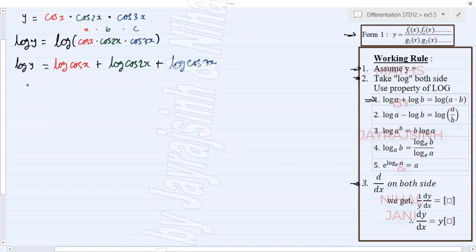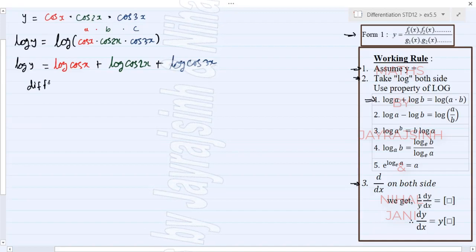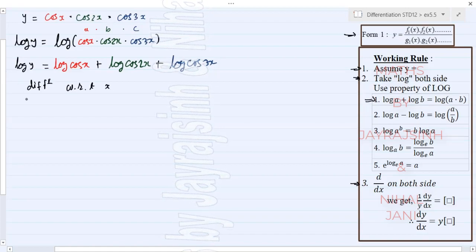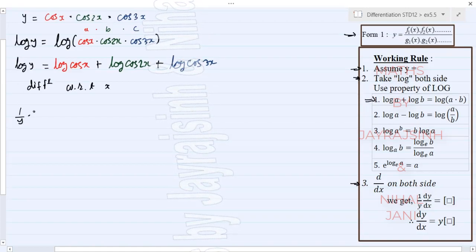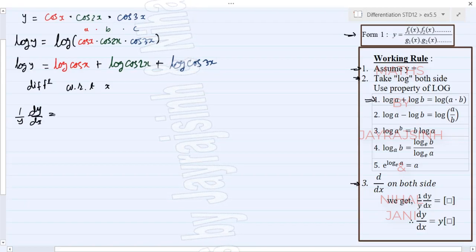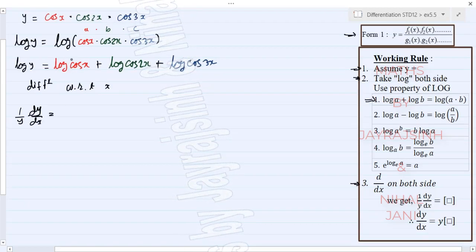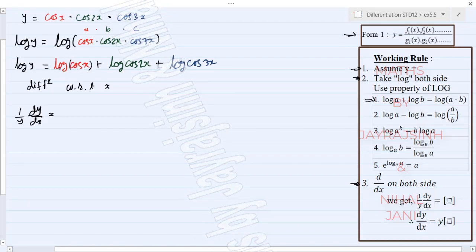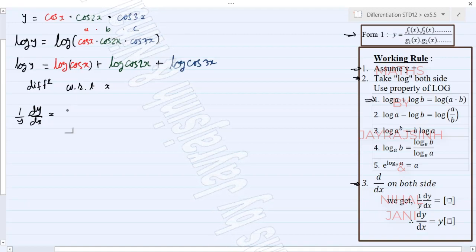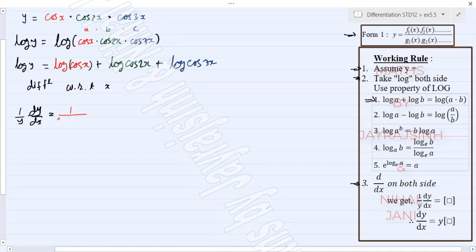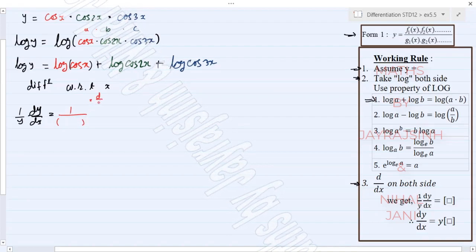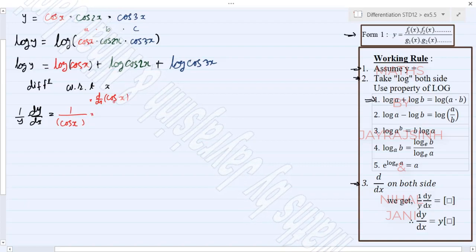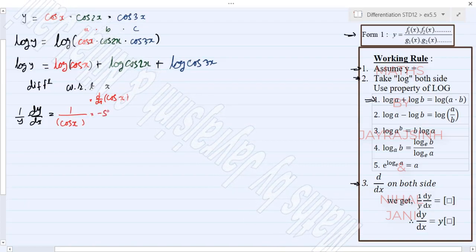Now let's move to the third step, in which we have to differentiate with respect to x. On the left side we will get 1 upon y dy by dx, and on the right hand side, in the first term we have log cos x. So we have to consider a box around the cos x. Differentiation of log box will be 1 upon box into differentiation of box. Within the box we have cos x, so we multiply by the differentiation of cos x, which is minus sin x,